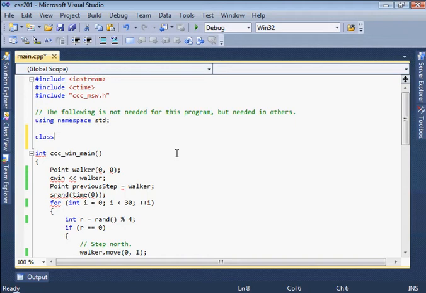So the class is a data type. It's like an int or a double. You know, a double is a data type. You might declare variable x as type double, variable y as type double. So x and y are instances of that data type called double. That's double precision floating point. And just like that,